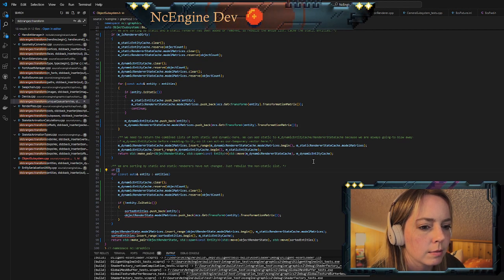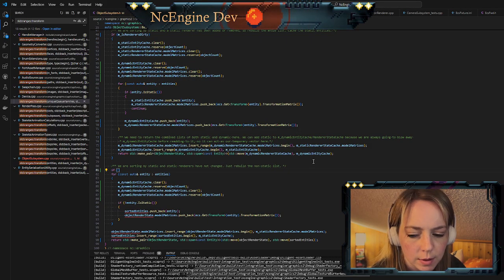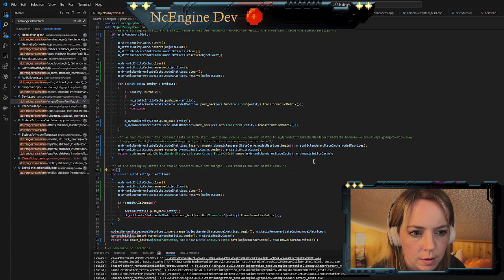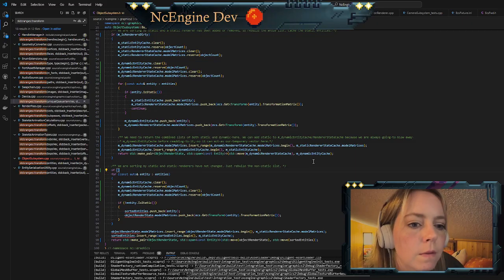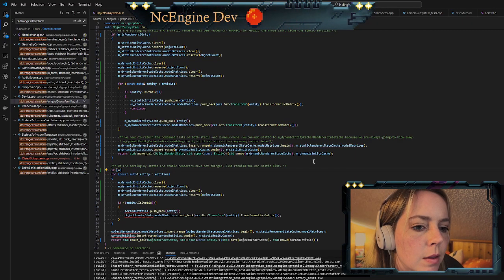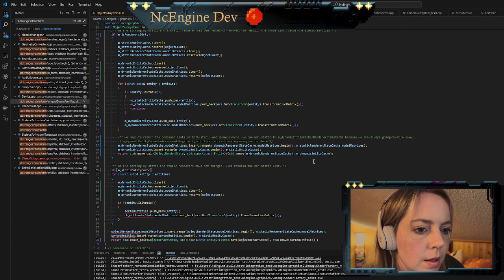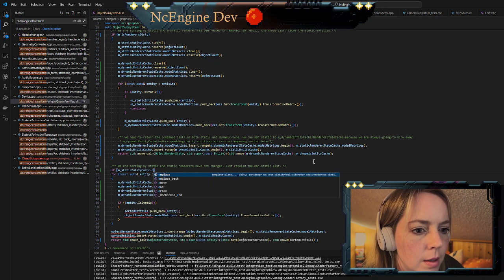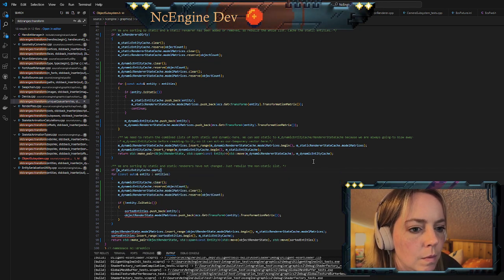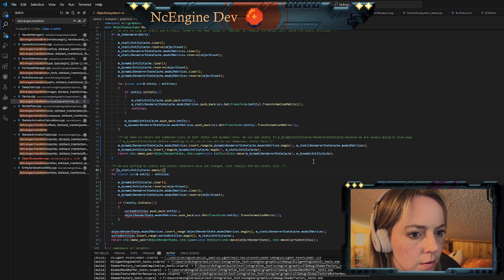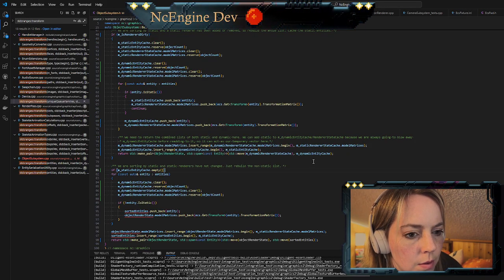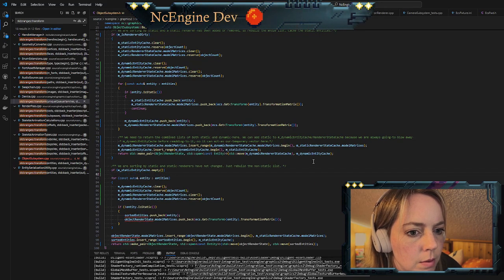And we're going to need to rebuild the static entities if it's their first time through. So let's see here. If static entity cache is empty, then we want to